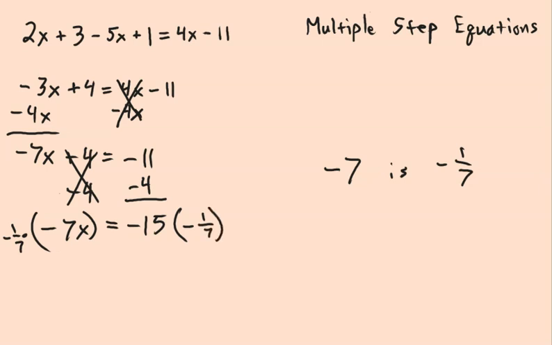Okay? So over here, negative 1/7 times negative 7, a negative times a negative cancels. 7 times 1/7 is 1, so the whole thing cancels, and all we have left is x. Here, a negative times a negative equals a positive, so this is going to be positive, and 15 times 1/7 is 15 over 7, and you can see that we wind up with the exact